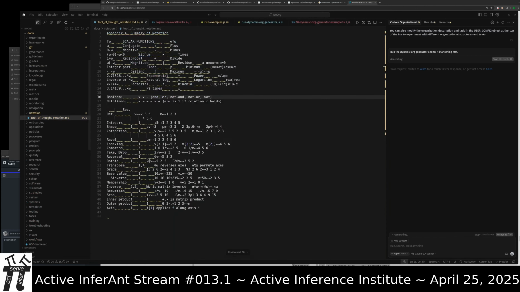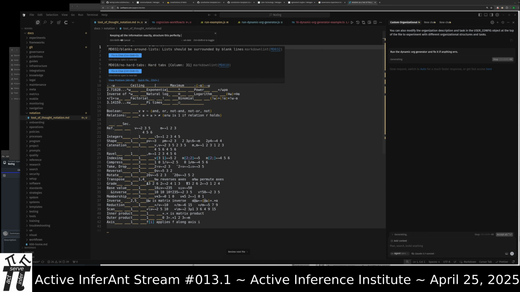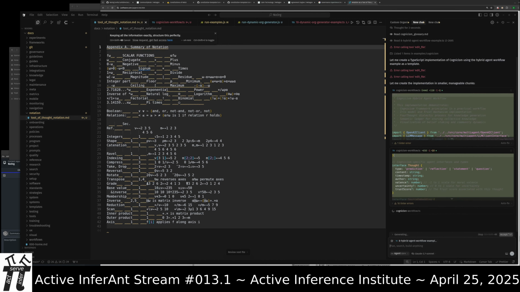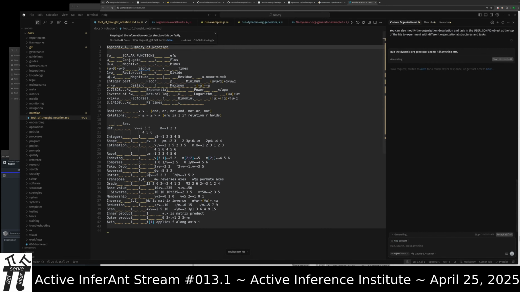Quickly over back to notation. Here I'll use the Control K to use it inline, keeping all the information exactly. Structure this perfect. And we could pick a different model. We could use O4 mini. O4 mini is also pretty useful. Well, it's awesome though. It's just a little bit slow.